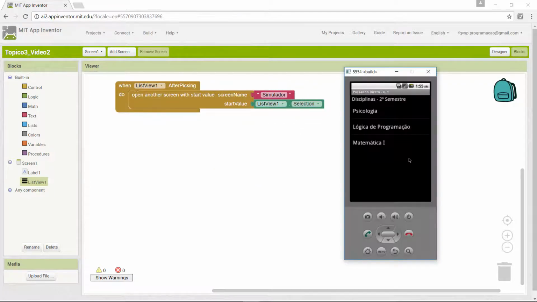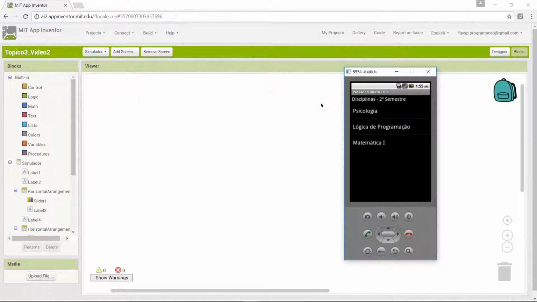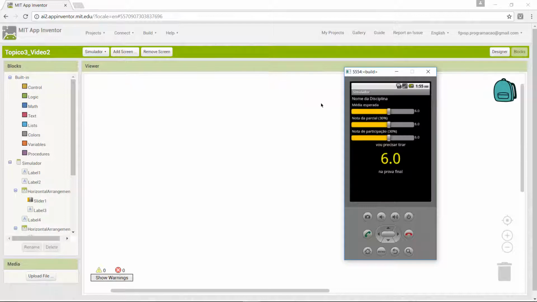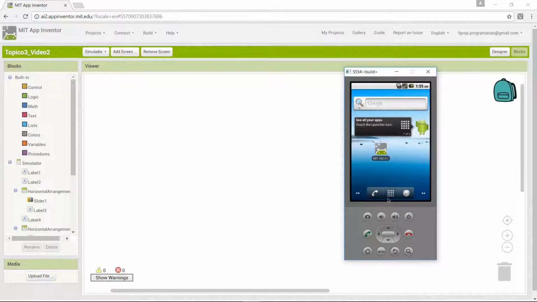So let's test on the emulator. I'm going to click Programming Logic. And that's it. When I open a new screen, it stays over the previous one. Most of the time, we use the back button on our smartphones to go back to the first screen. But here, the back button closes the app. If we want this button to only close the screen and show the first screen back, we have to program